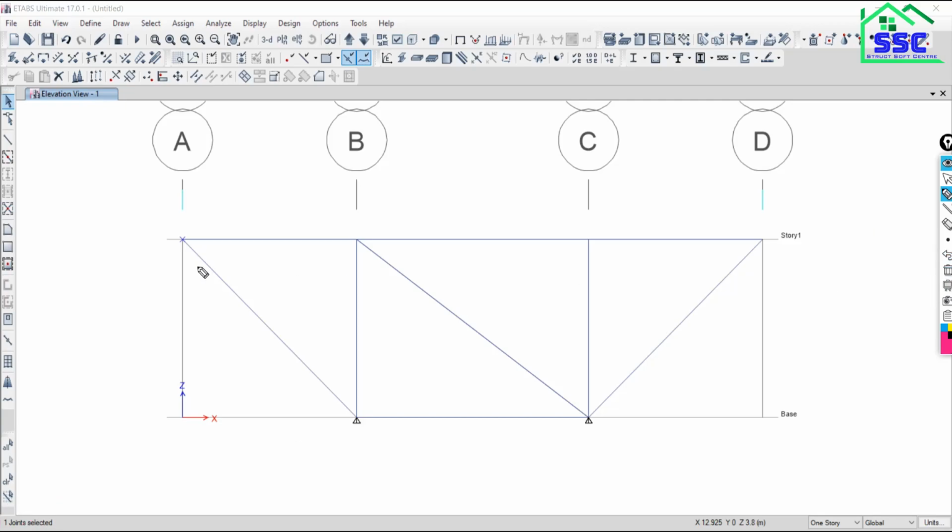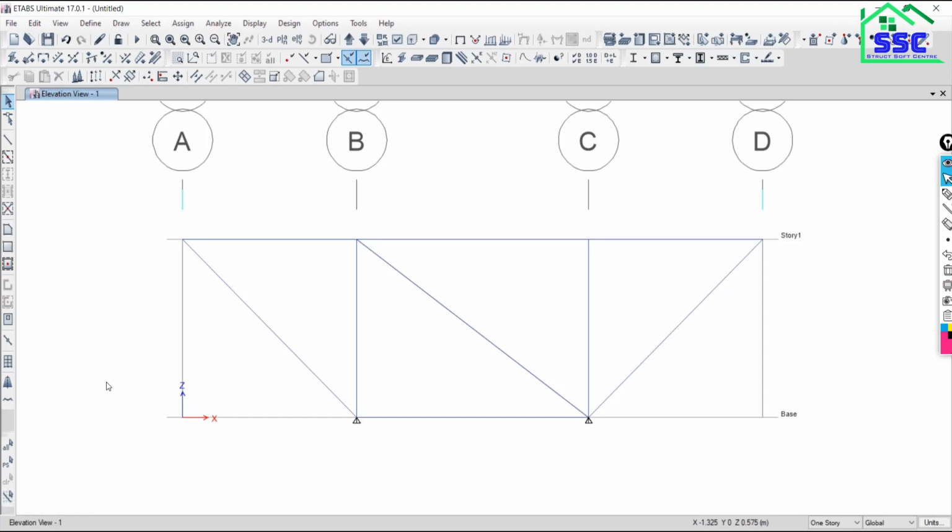So actually I just want to select this joint. There are two options. Either you can click on that joint, so that joint will be selected. As you can see here, one joint is selected. And the other way to select is to drag from left to right. Once you do that, one joint is selected. Got it?